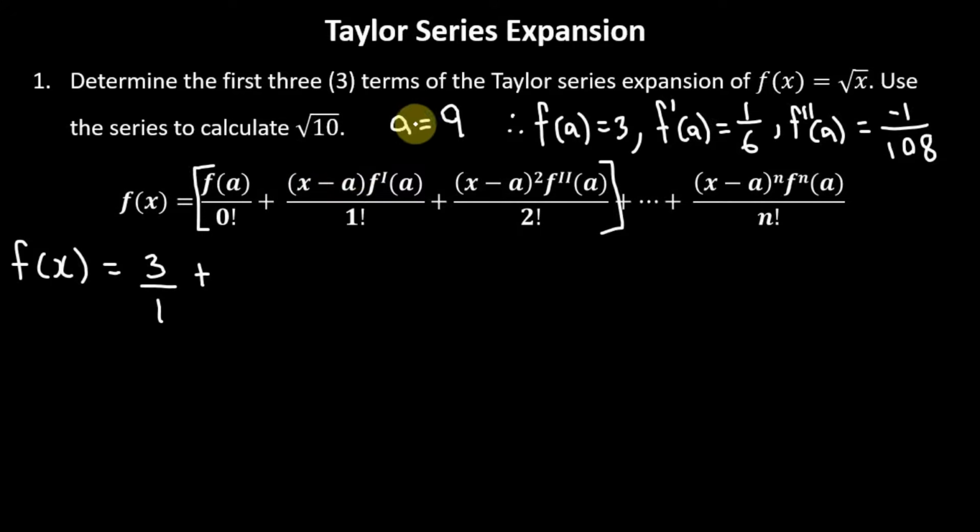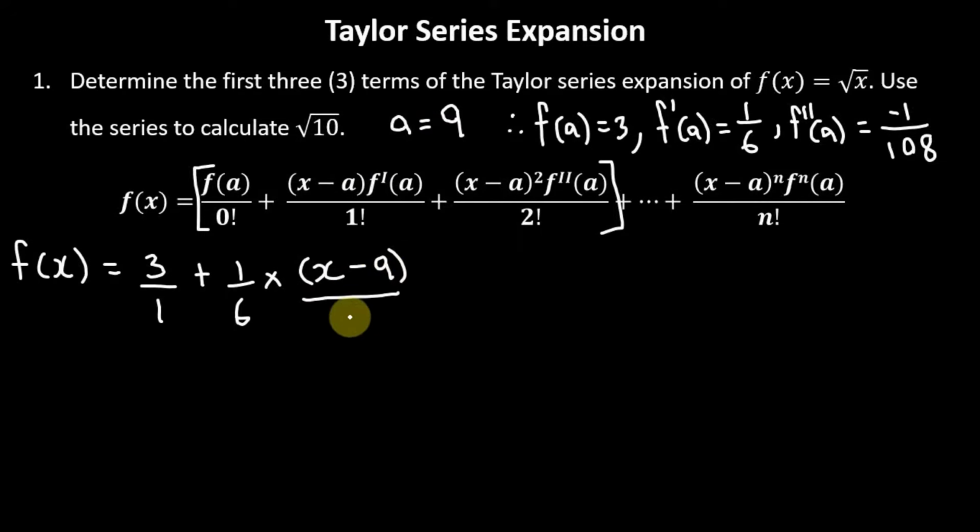Recall, guys, that our a value is 9, so we can replace a in the bracket here with 9, which is what we're going to do. The order of multiplication doesn't really matter here. So we could have had the first differential of f of a at the front, which is how we are going to write it. So the first differential of f of a is 1/6. So we'll have 1/6 times the bracket here, which is x minus a, and again our a value is 9,